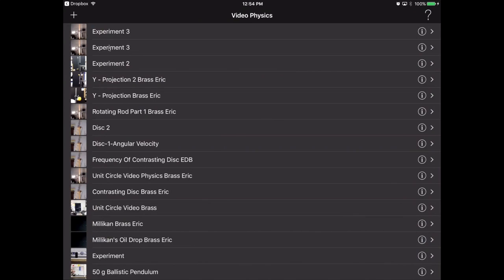You'll see that you have experiment 3, experiment 3. Somehow these files are connected together. I'm not quite sure why it presents like that, but it does. I can't say that it's a bug or not, but here, I'm going to select on I, and then I'm going to change this to